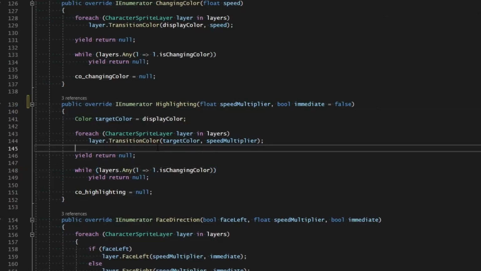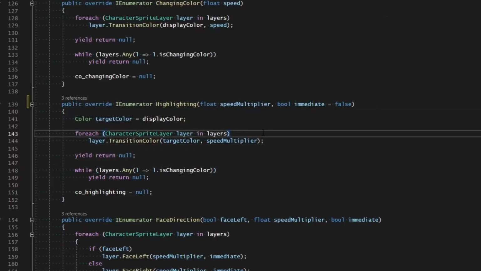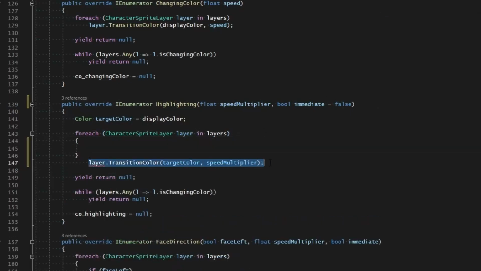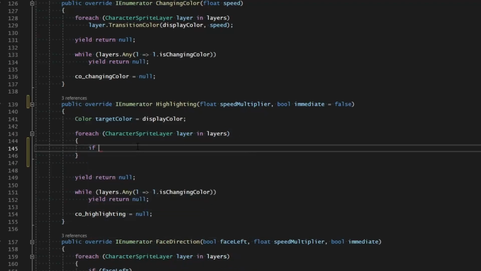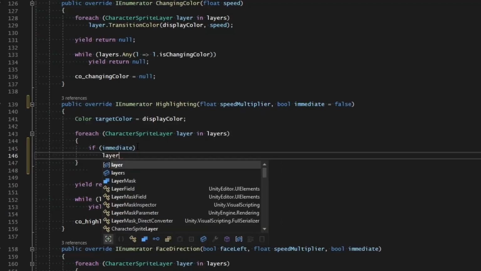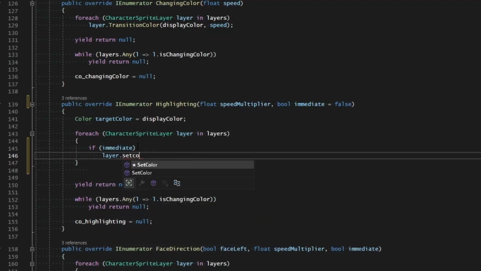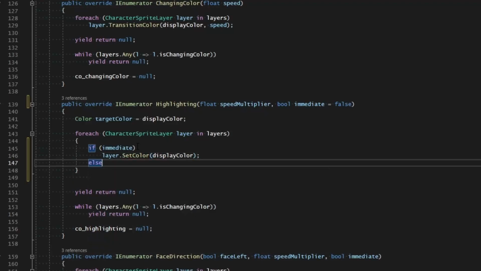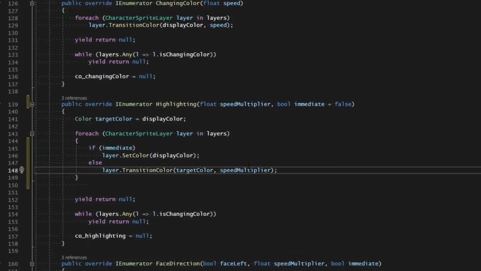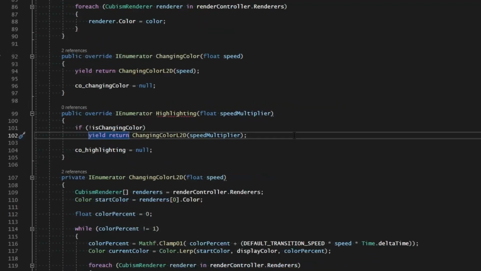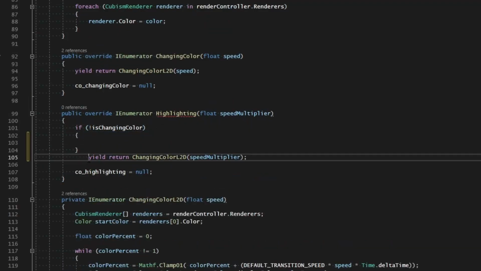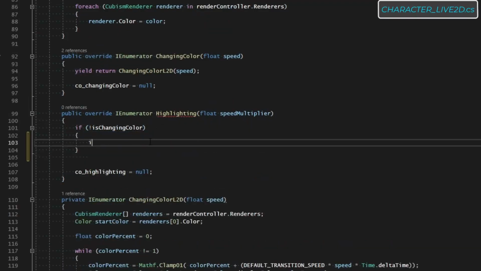And the only thing we need to do is just make this an immediate transition on every layer for the character. So let's check if immediate, then let's go ahead and set layer dot set color instead of transition to whatever our display color is. Otherwise, we'll go ahead and transition the color. And we'll do the same thing for Live2D as well. We'll go ahead and take this in here and say if,